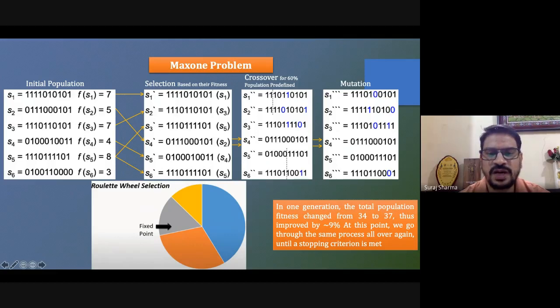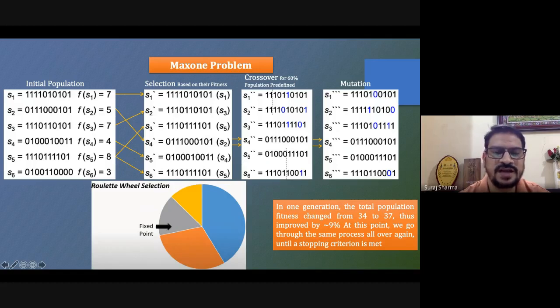When we rotate the roulette wheel, the chance of selecting a particular chromosome will be high for S5 because it has the highest percentage of fitness. In the selection process, we use the roulette wheel. Once we rotate it, we select the population from the initial population.